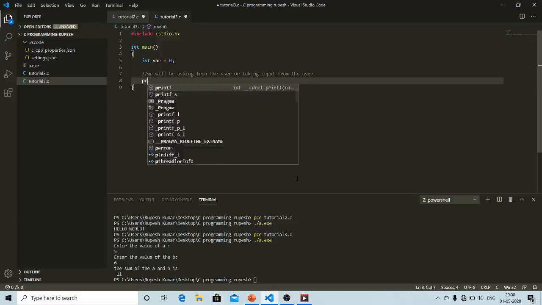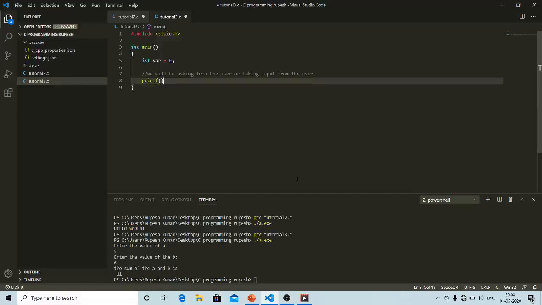So it should be printf. I am asking the user to enter the value of var. I will put \n, whose main motive is to change the line. That means it will come to the next line.